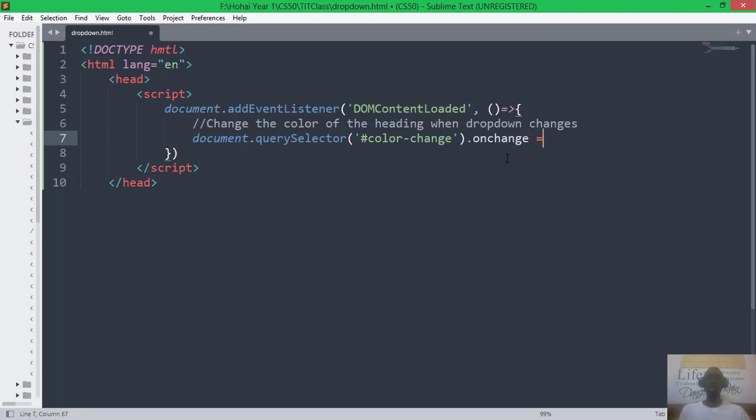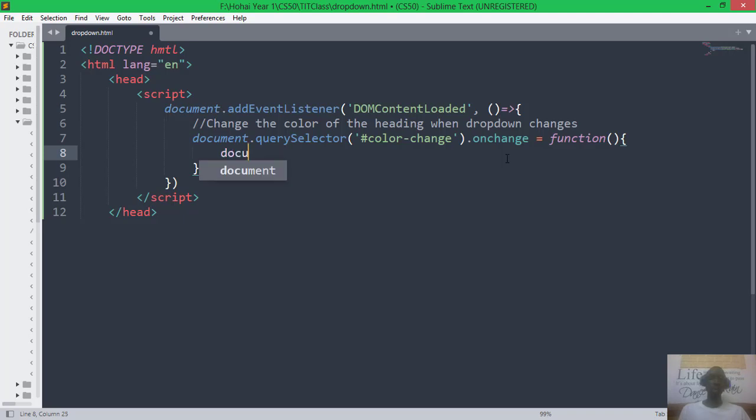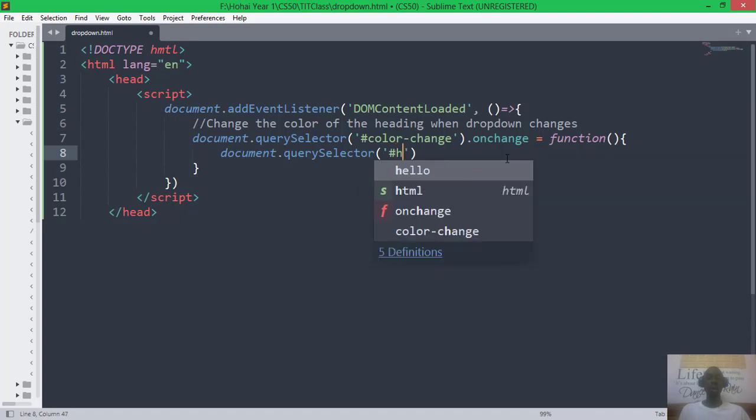We should set that equal to a function, and what this function is going to do is search throughout this entire document. So document.querySelector, that is to check throughout this document for another ID called hello. Okay, for another ID called hello, and if we find that ID,